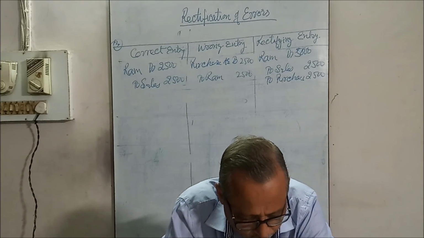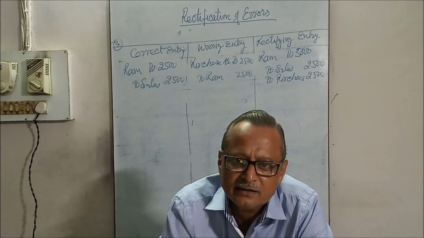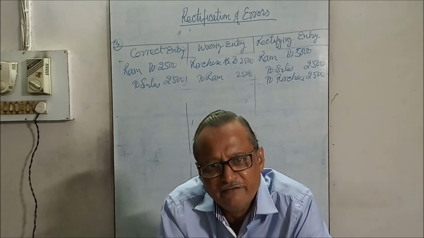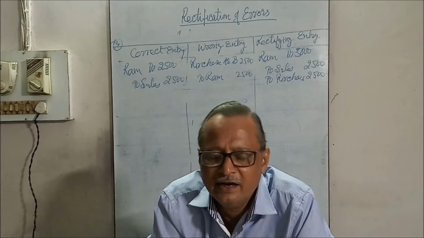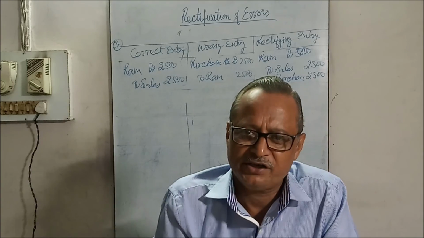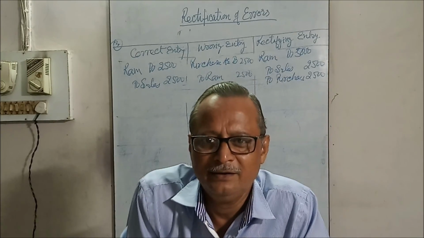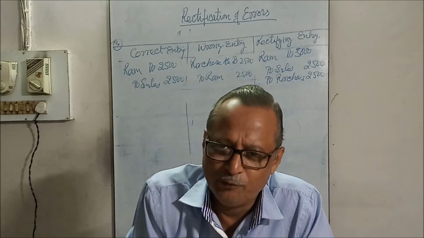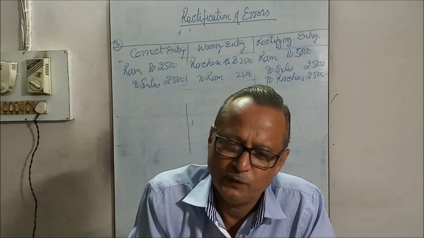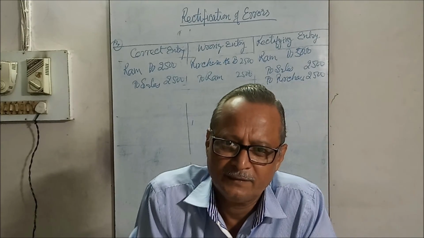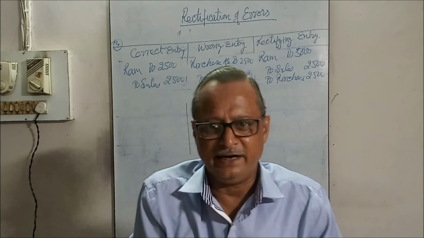A return of goods worth rupees 500 by Ganesh. This is sales return. The entry should be sales return account debit to Ganesh 500. It was entered in the purchase return, as purchase return account debit to Ganesh 500. Then correct it. Remove this effect: purchase return account debit to Ganesh 1,000. This is the rectifying entry in double-sided errors.